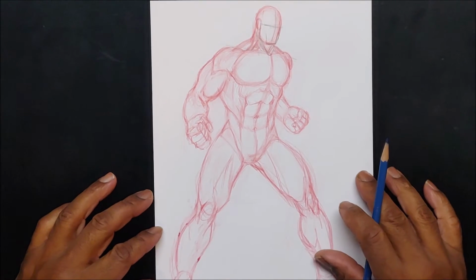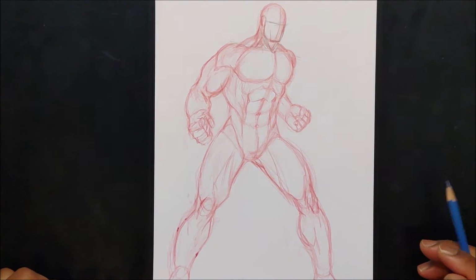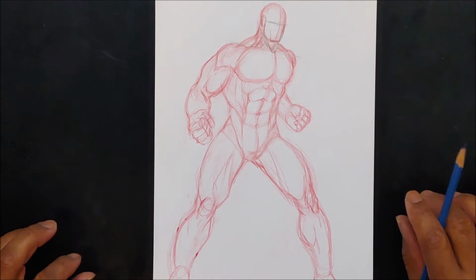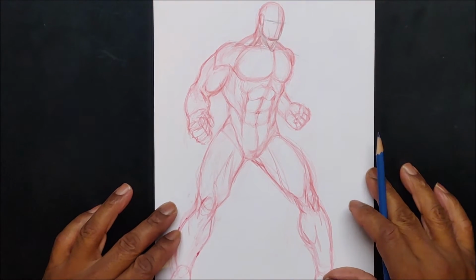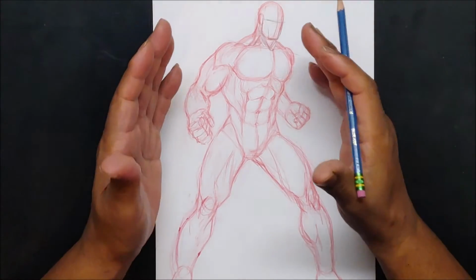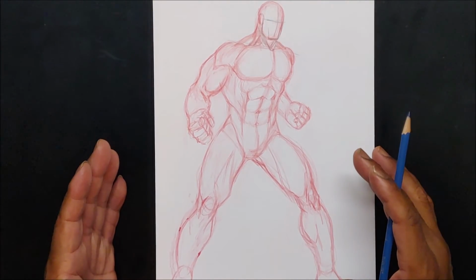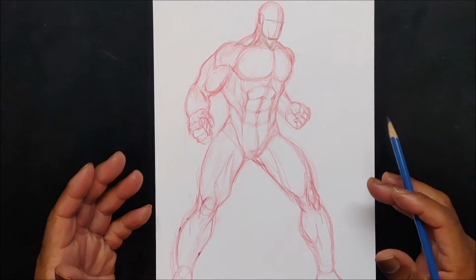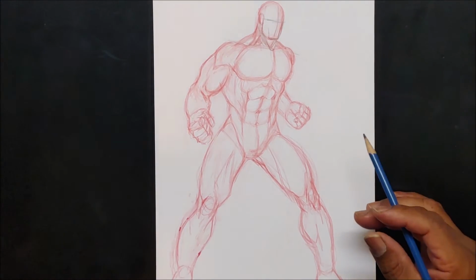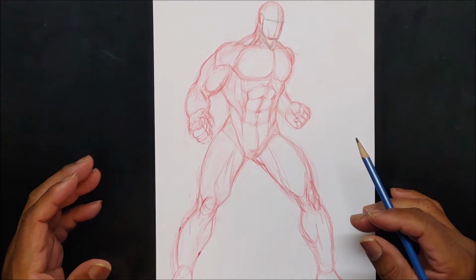All right, I am back after many moons, and I will spare you the detail of how long it's been since I picked this thing up. But as I was looking at it, I was saying to myself, okay, now what am I going to turn this guy into? He's too small to be a Hulk. He's kind of like a Colossus size, but I didn't want to do a Colossus. So I have decided to do a barbarian